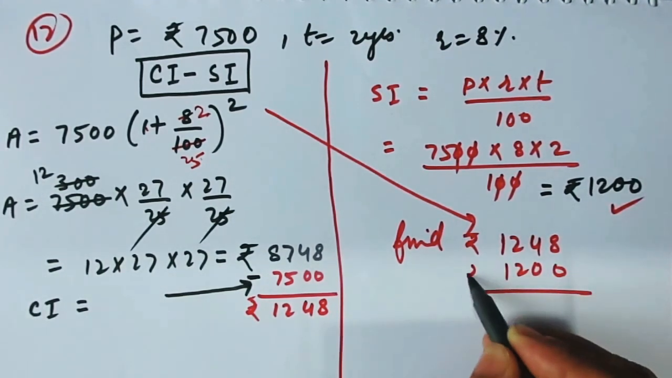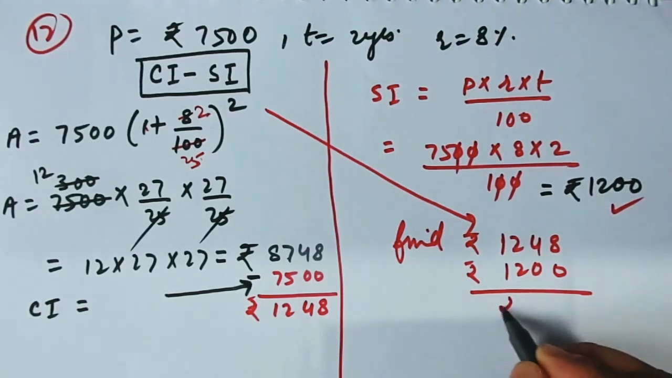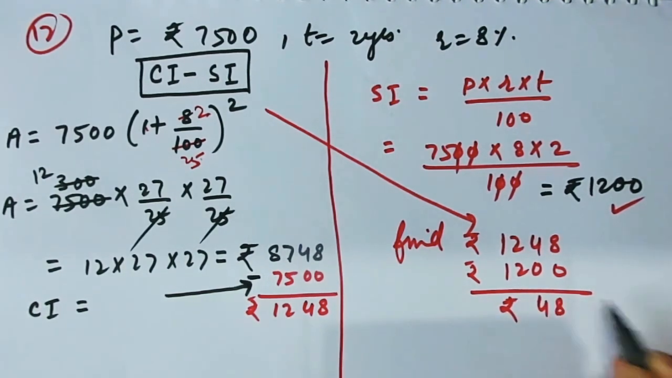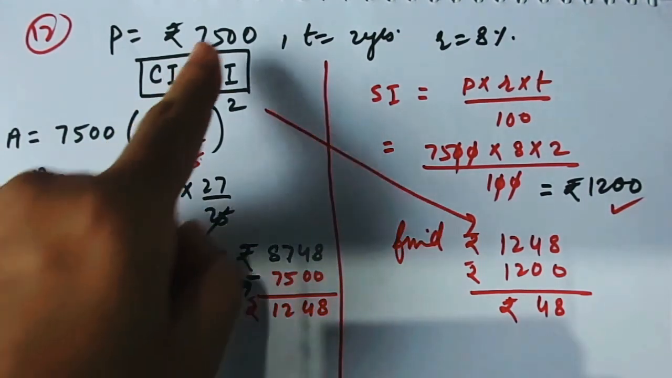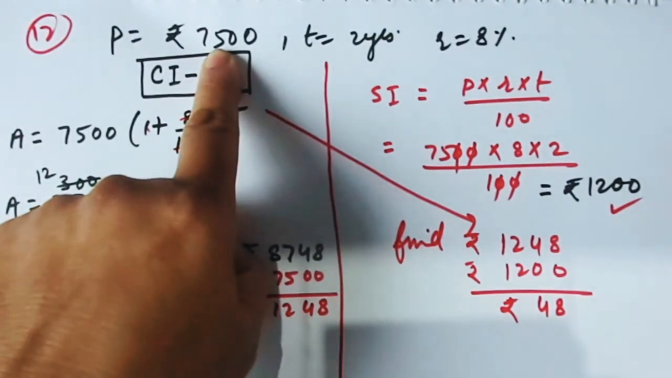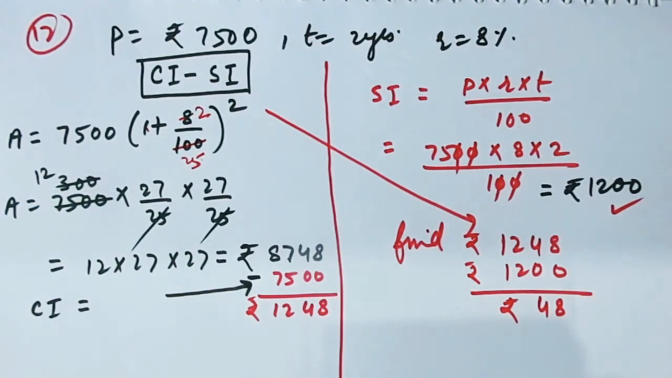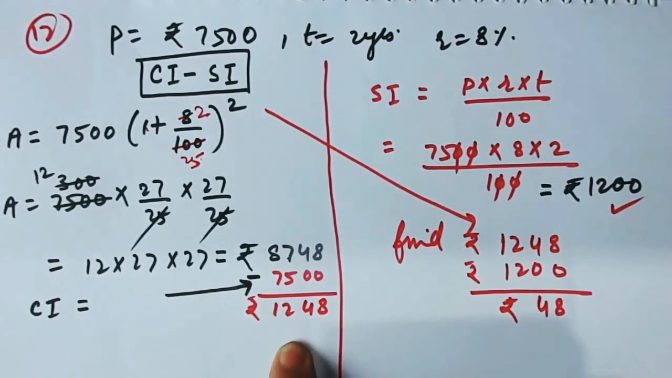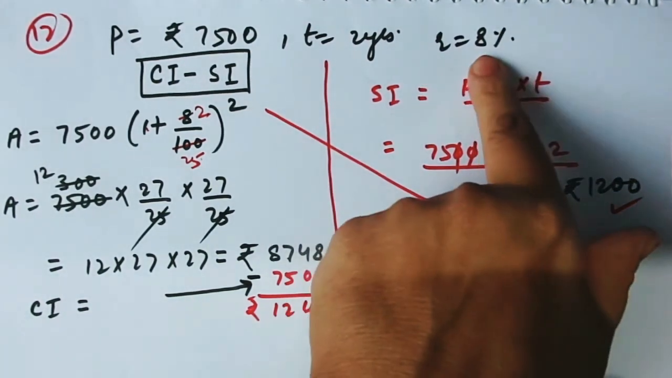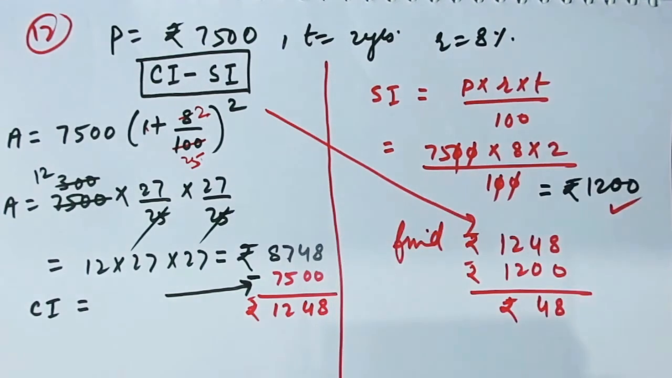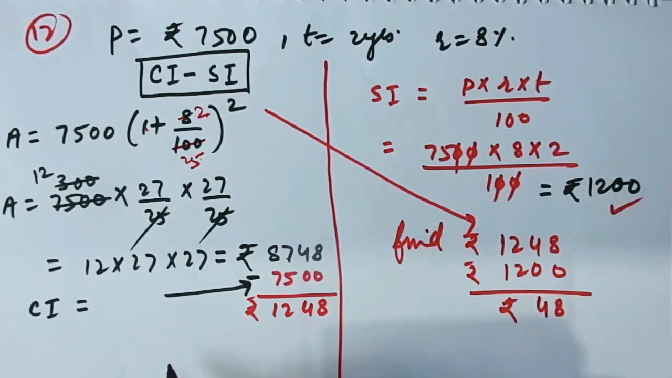1200 when you will subtract you will get ₹48। तो इससे क्या समझ में आई कि if you will have a particular principle and if you have put it on compound interest, then in that case you will get more interest in comparison to simple interest।